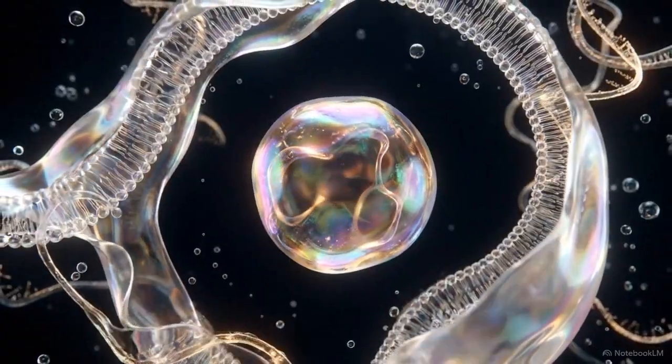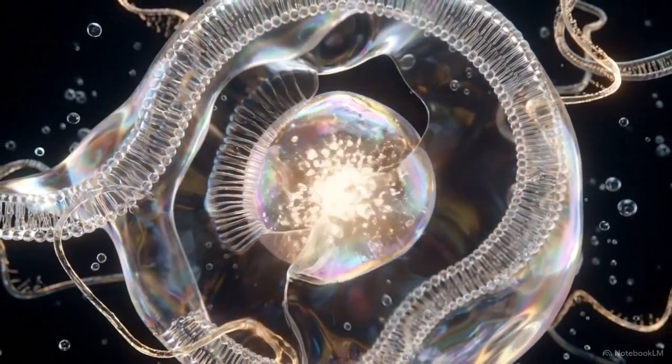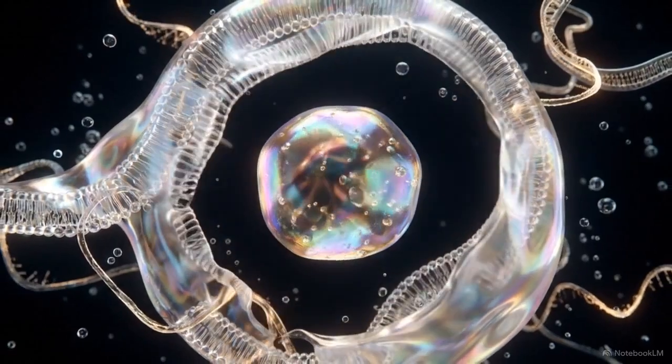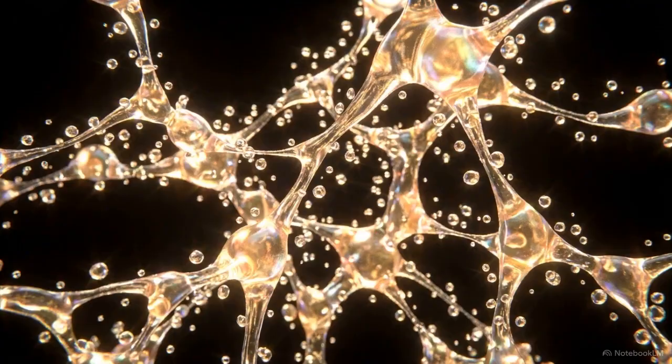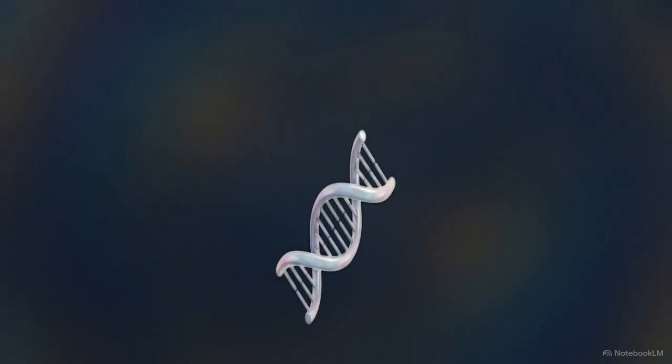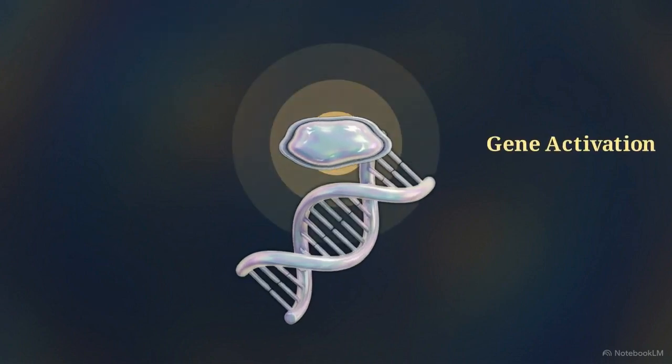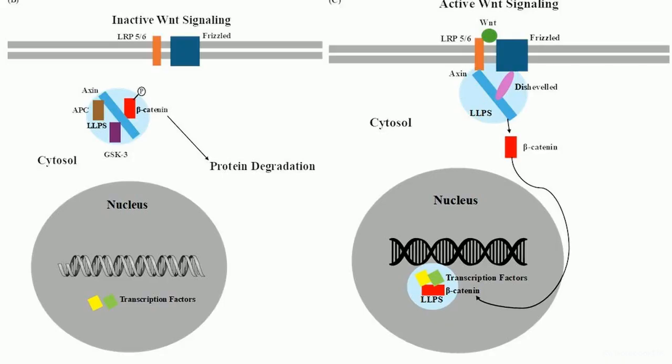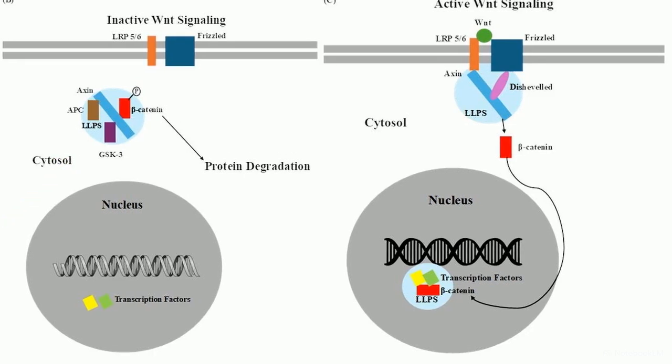When evolution finally built permanent cell membranes, phase separation moved inside the cell to become the hidden operating system. Many of the most intricate signaling networks in the human body are regulated by these temporary droplets. The Wnt signaling pathway, which tells our genes when to activate, is a prime example. This diagram maps the inactive pathway. The blue degradosome is a droplet built to trap and destroy proteins, keeping genes off. When a signal arrives, it dissolves. A new droplet, the signalosome, forms, migrates into the nucleus, and activates target genes.